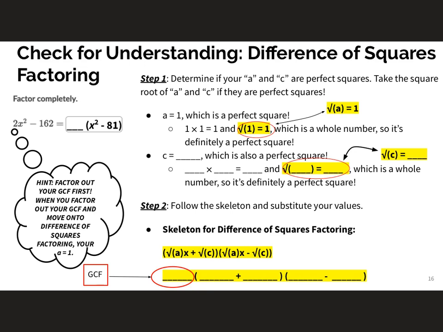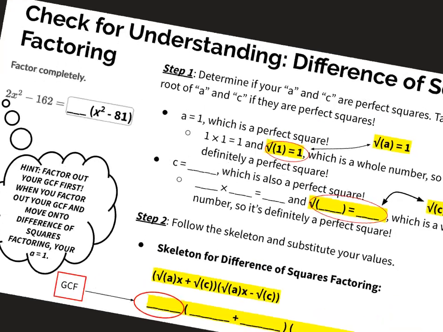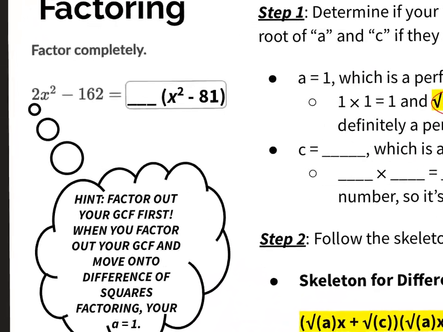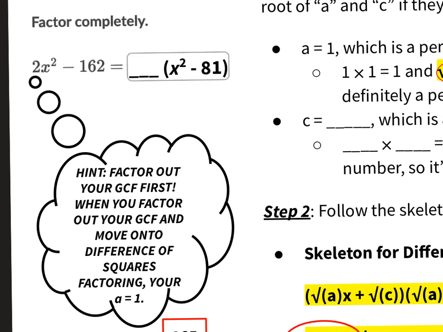All right, you tried out the problem? Let's go over it together, right? So your problem is 2x squared minus 162. I gave you this hint, right? There is a GCF, right? When I'm looking at this, I see that 2 does go into negative 162, right? So because 2 does go into 162, my GCF is going to be 2. All right, let me just write that like that. Okay, so now that I've taken out my GCF, this x squared minus 81 is what I'm